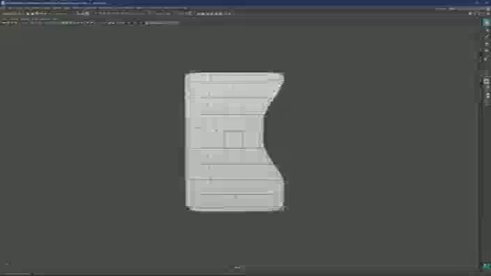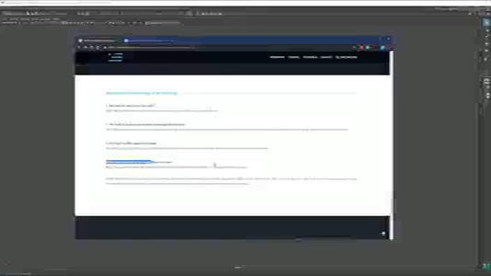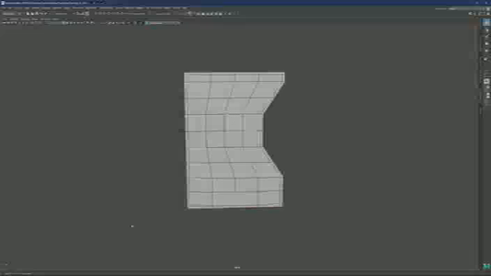All right, so now we have three rules so far. We need to start with super low poly, we need to make sure of even distribution, and then we need to add a supportive edge. Now the final one is we need to check if our edge flow is correct. So what does that mean? Let me just go a bit more here. Edge flow.